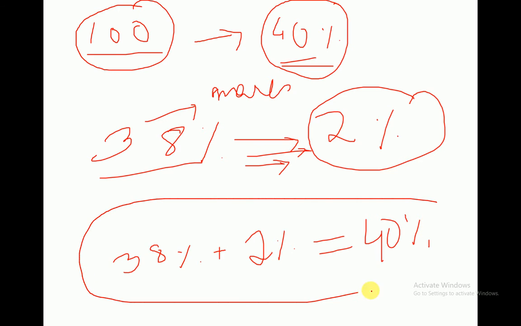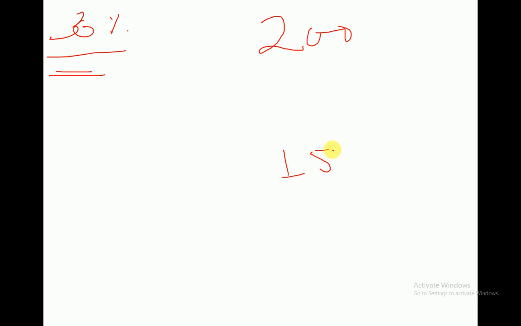Alright, let's take an example. Say you are giving an examination, and the passing percentage is 30%. One student got 200 marks and you got 150 marks.